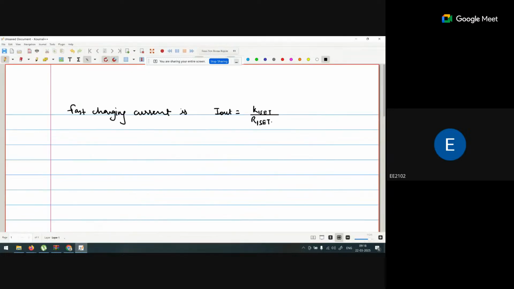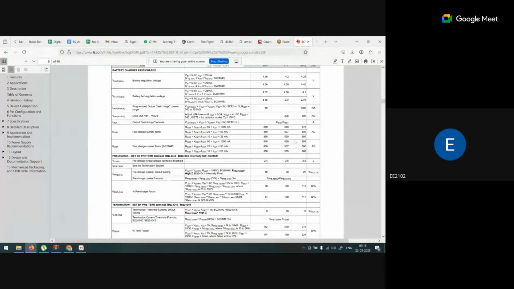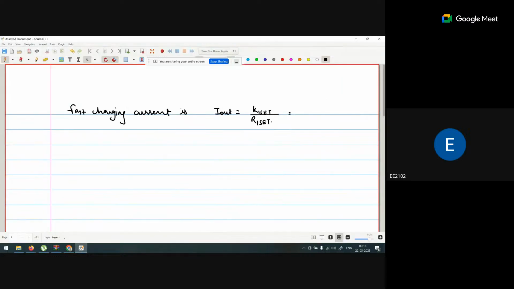If I put the K I set value, I am taking 560 initially, because if you see the typical values, it is around 560, 557, 555. So I just took 560